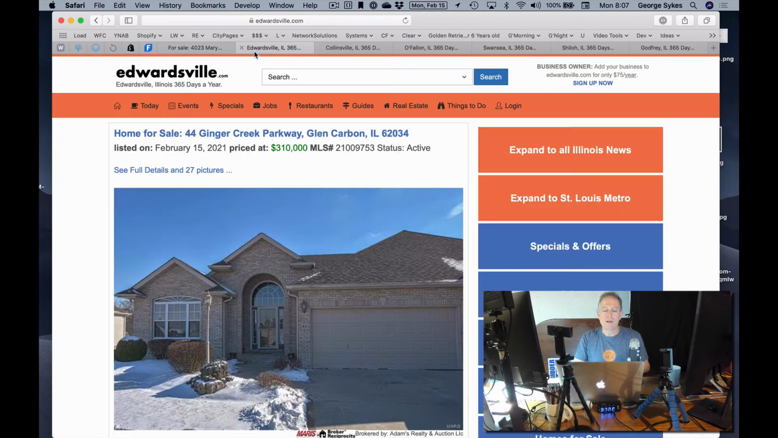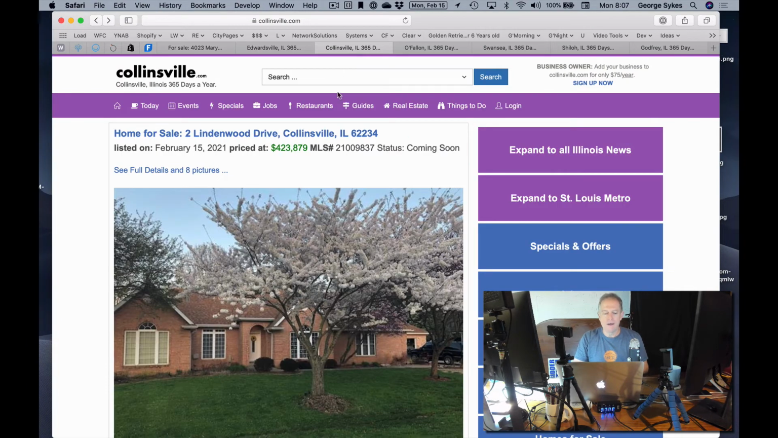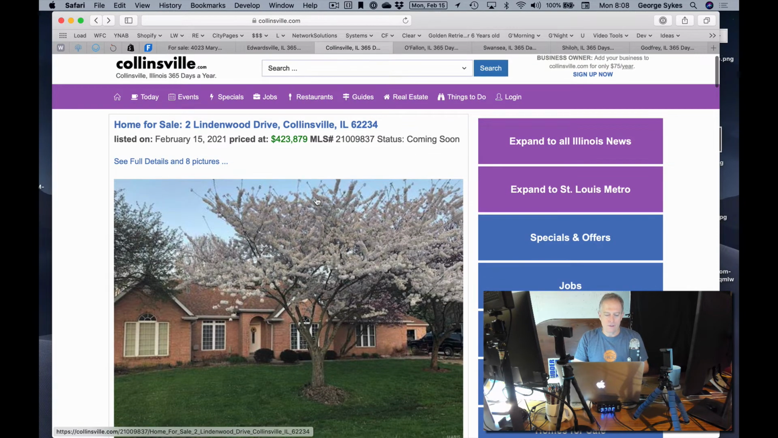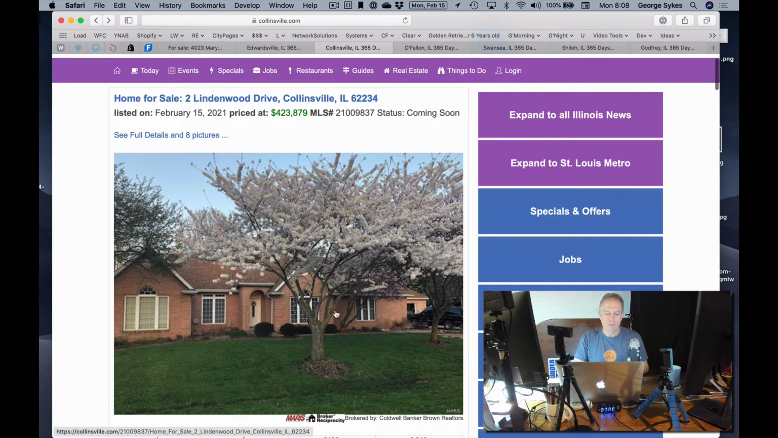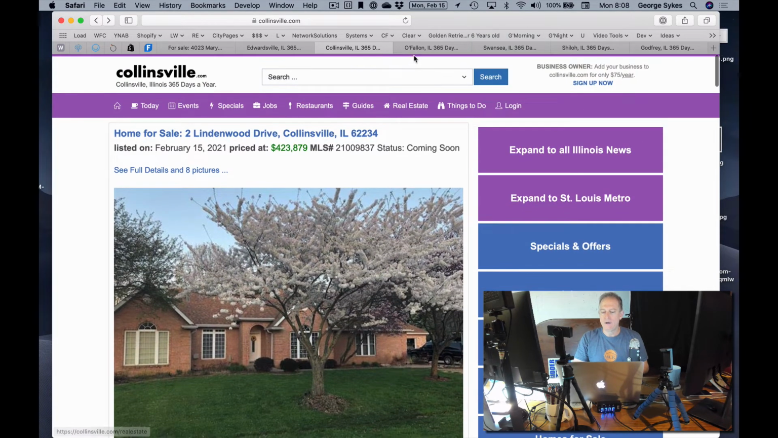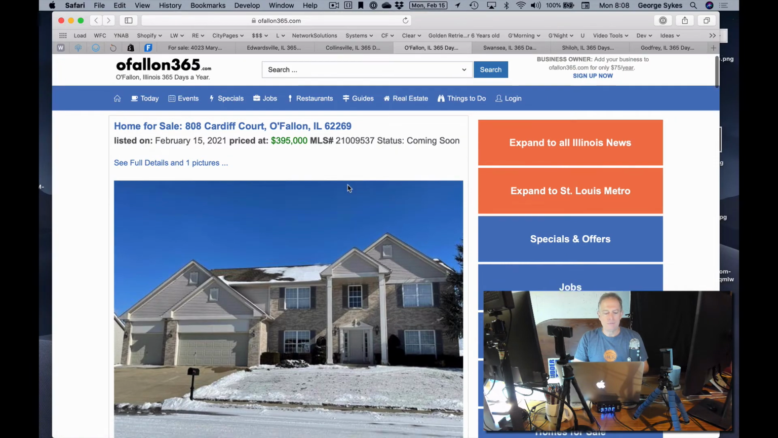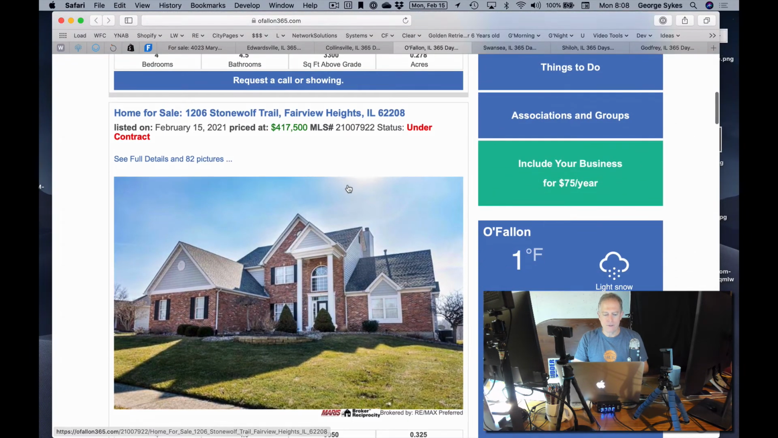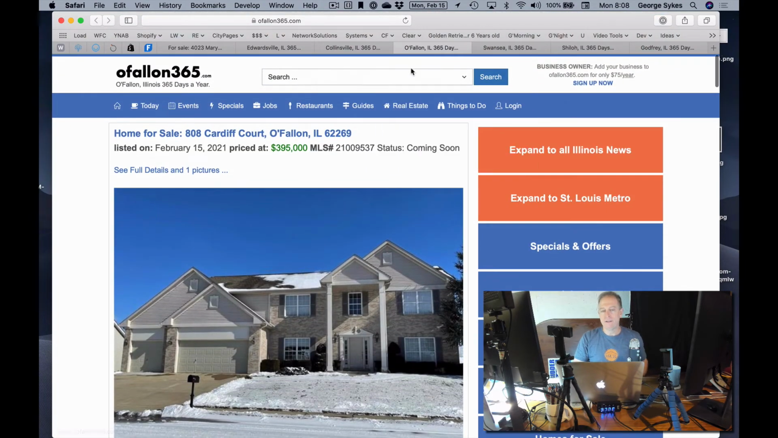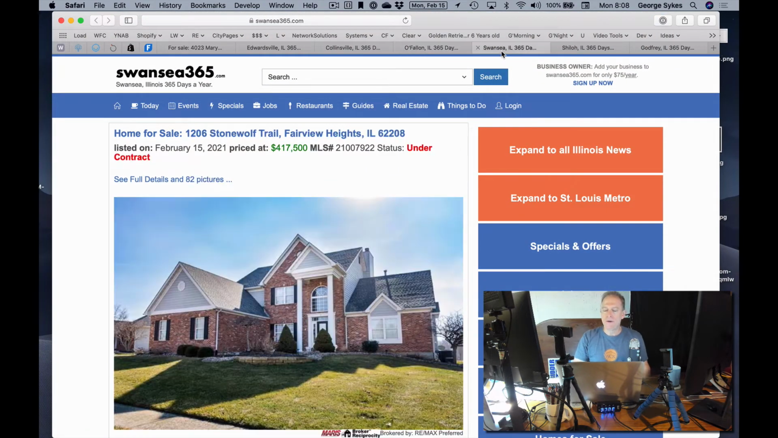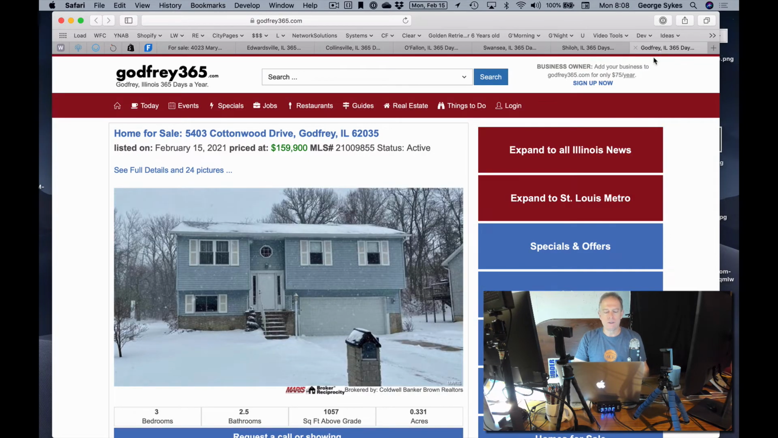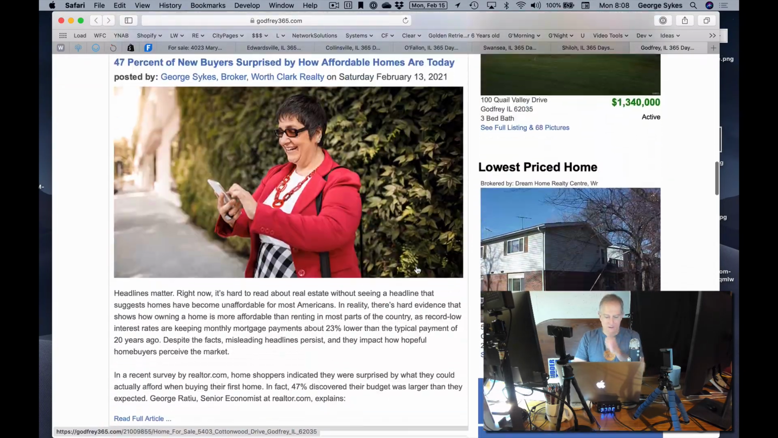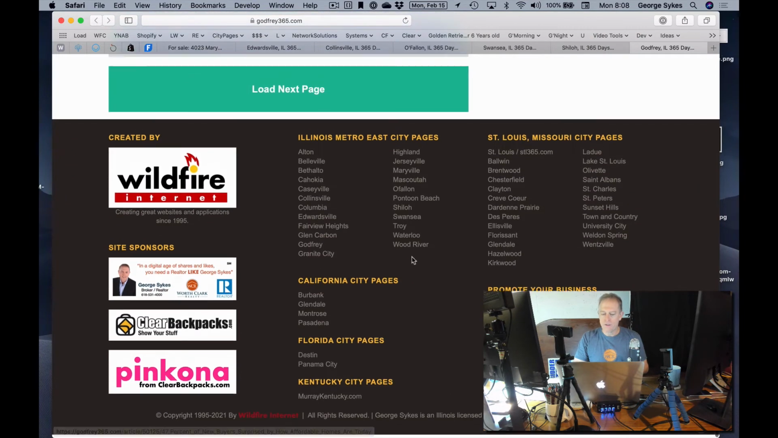So we have granitecity.com, edwardsville.com, collinsville.com, and looks like a new house on Lindenwood listed today. They've got a picture from this fall. That's interesting. We have O'Fallon, and there's a nice new house in O'Fallon that came up. Yeah, it went under contract right out of the gate. So if you're watching that market, that's how fast they go. You'll see, too, that we have Swansea 365, Shiloh 365, Godfrey 365. And at the bottom of those pages, I'll show you the very bottom,